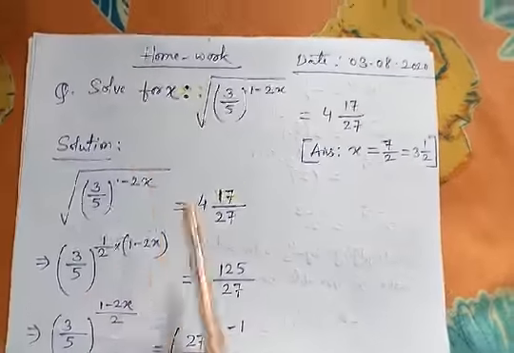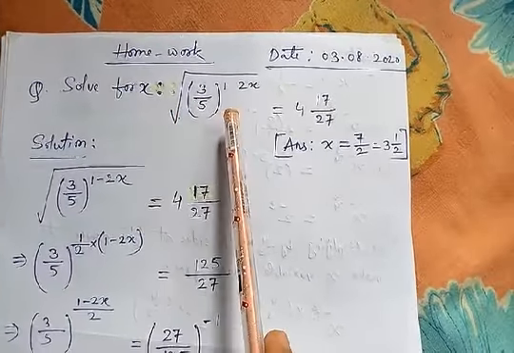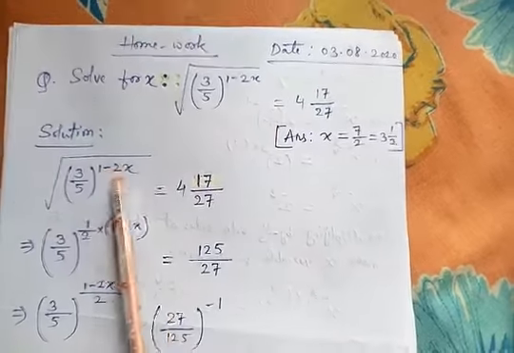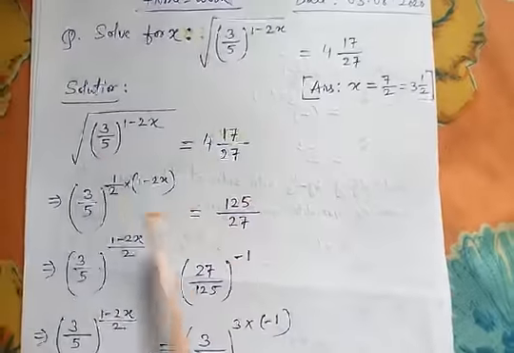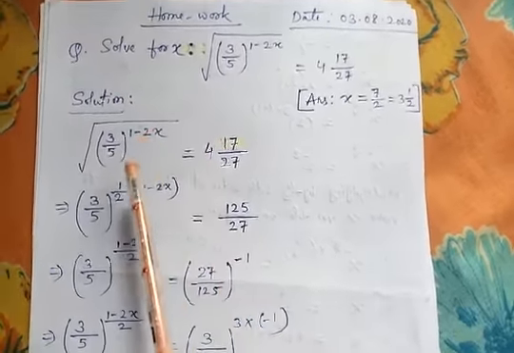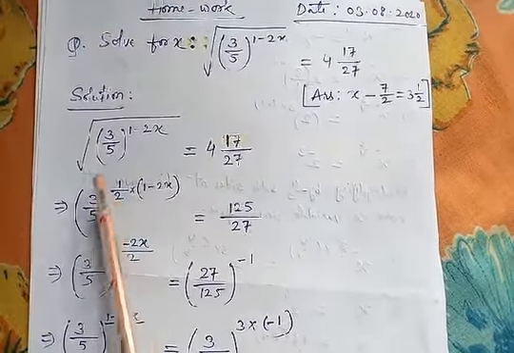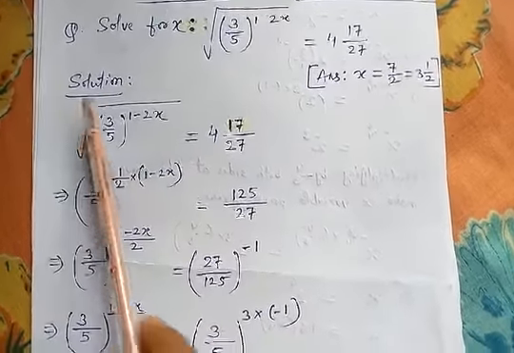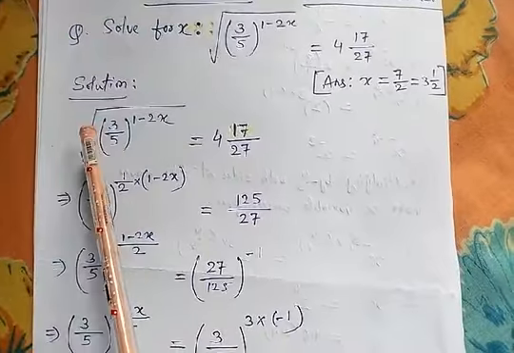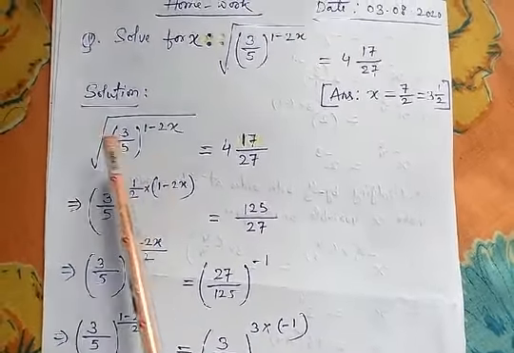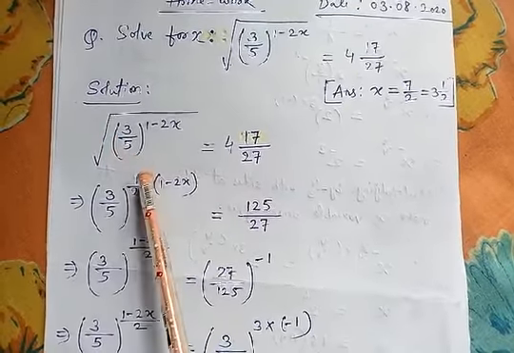Now one more question let me discuss. Here we have solve for x. So we have to find the value of x. X is here at this portion. So same question we wrote here children, and then after writing question, as you all know, whenever there is root over, we have to write 1 by 2. If 3 by 5 to the power 1 by 2 we write, by writing 1 by 2 automatically root over will vanish. Had it been 3 here, then it is said it is cube root, then we write 1 by 3. But here there is nothing, there is a square root, so we have to write 1 by 2.